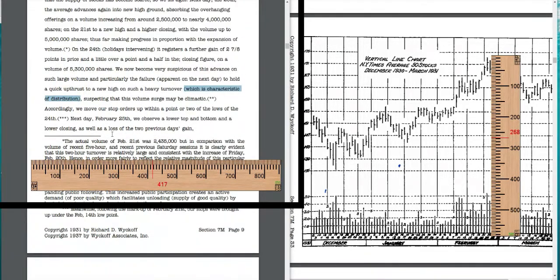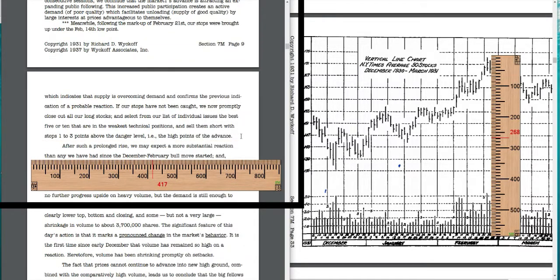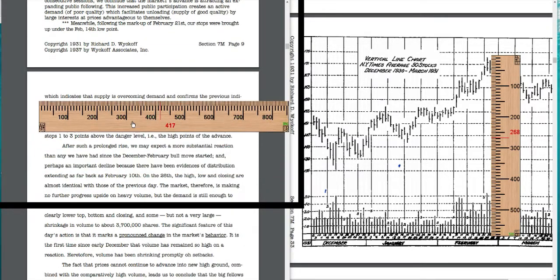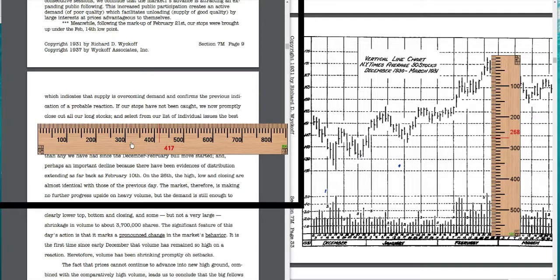So what indicates here? Next day, February 25th, we observe a lower top, a lower bottom, and a lower close, as well as loss of 2 prior days gain. There you go. Which indicates that supply is overcoming demand and confirms our previous indications of possible reactions. If our stops have not been caught, we promptly close out our long trades